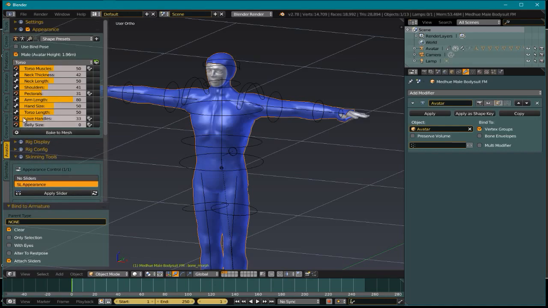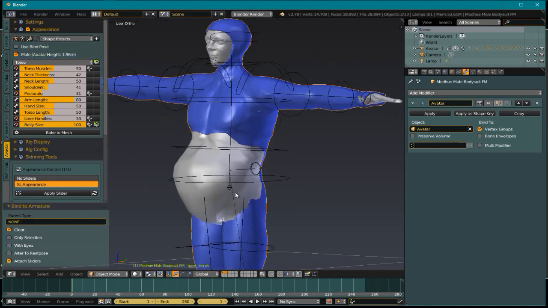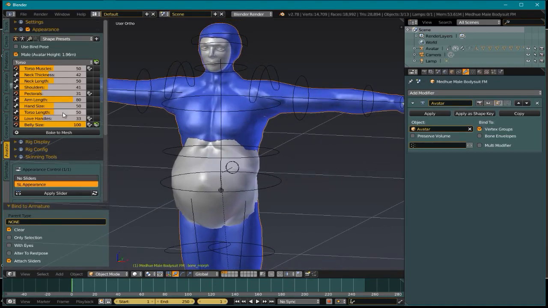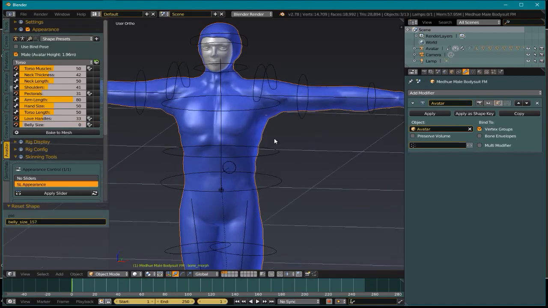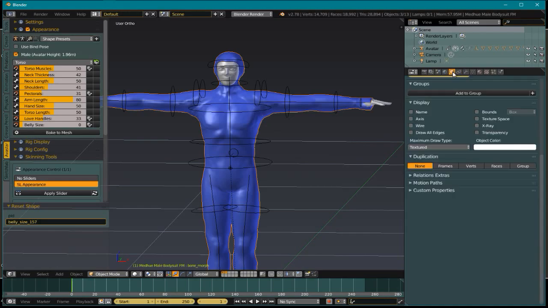This should be fitted mesh, so this belly should morph. Okay, and as you see on this bodysuit, it's not morphing with the mesh of the body. So what is going on here? Well, in Avastar2 we have a whole different system. Before, in the original, before I go into why,